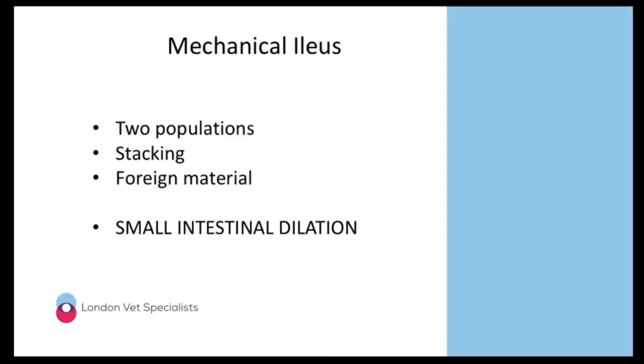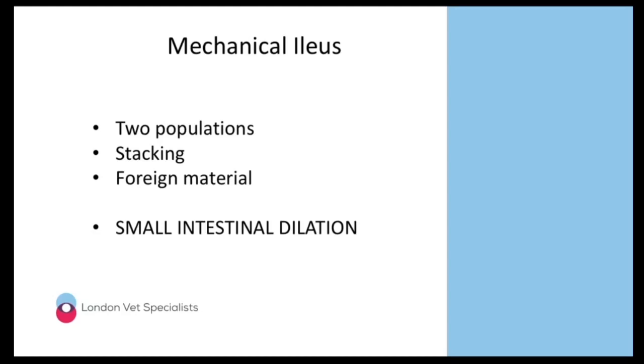So if we're not able to see the foreign body, then we need to look at some of the other structures to try and decide whether this patient is obstructed, has a mechanical ileus, and needs to be cut. And the sorts of things that we're looking for are, can we see 2 distinct populations of small bowel? So is there one population of small bowel that is very dilated, another population of small bowel that is really